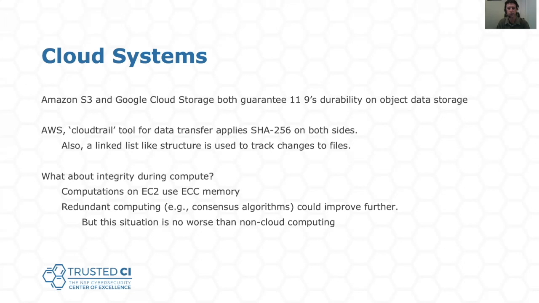What remains, aside from long-term data storage, data transfer and copy operations, is integrity during compute, which includes the processor and memory. Computations on Amazon EC2 are done with ECC memory enabled, significantly increasing memory data integrity. The remaining issue is integrity during computation, an area that cloud computing doesn't especially make easier because integrity during computation requires redundancy. At the same time, both memory and cloud computation are at least no worse than non-cloud computing, and may even be improved given the standard use of ECC memory and the presumed optimality of the environmental controls in cloud data centers.